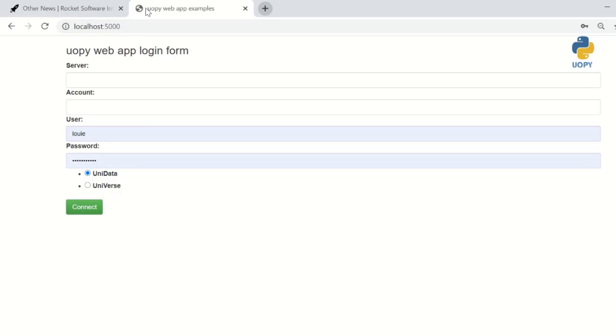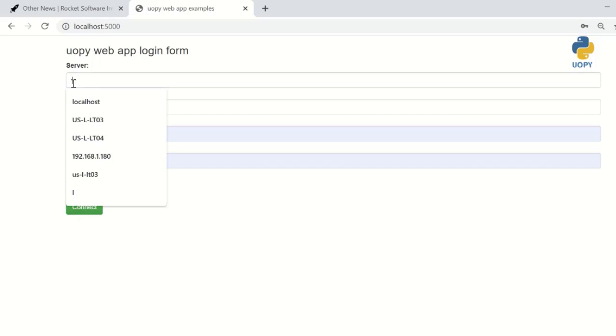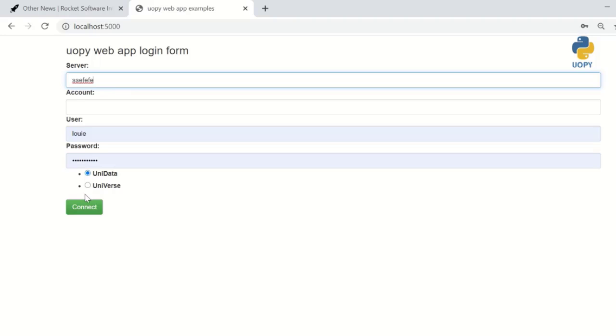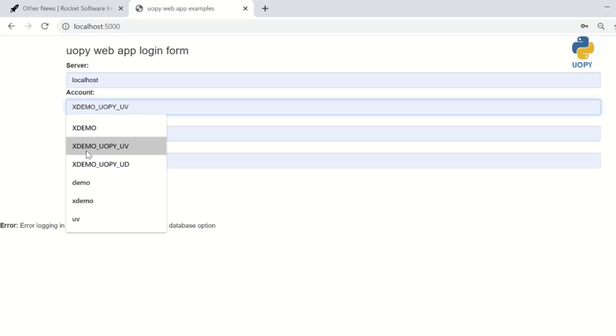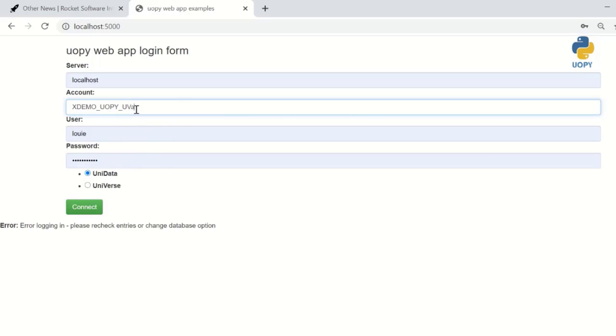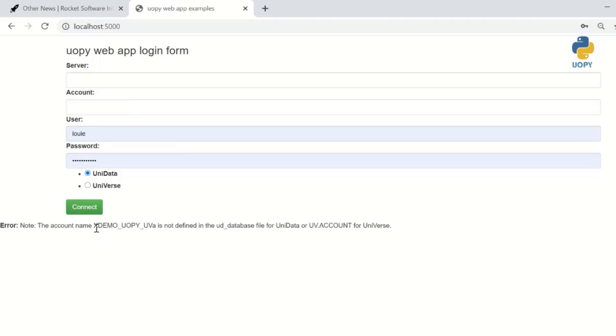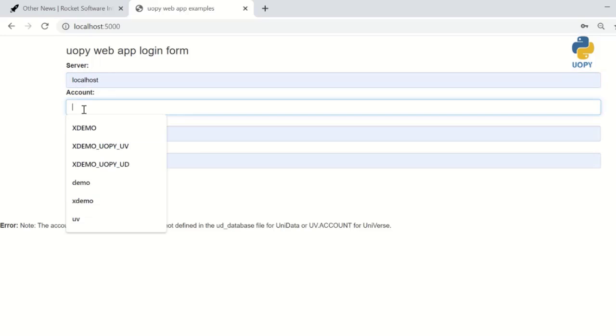I will now see the login page, and if I mistype an invalid server name, try to connect, I should see the generic error, which I do. So now if I type in the correct host, but an incorrect account name, I should see the other error message, which I do. So now I'll log in correctly